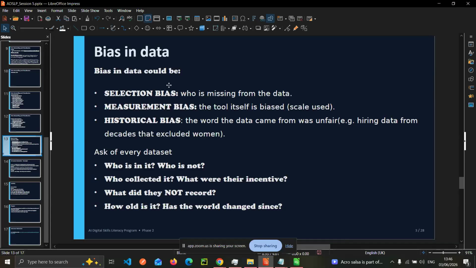What did they not record? Very important. Sometimes we're always interested in what they recorded, but what did they not record? How old is it? How has the world changed since then? As time goes on, data changes because human behavior also changes, which means the time at which the data was collected also has an impact.